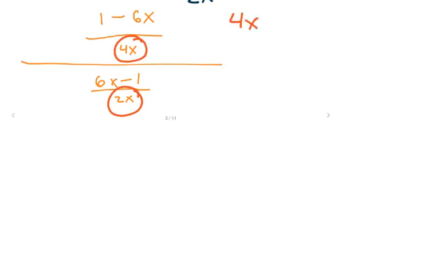This is just 4x, because 4 goes into 2 and x goes into x. So if we multiply top and bottom by 4x, then the numerator's 4x will cancel out, and the denominator will cancel out and leave me with 2. So I'm left with 1 minus